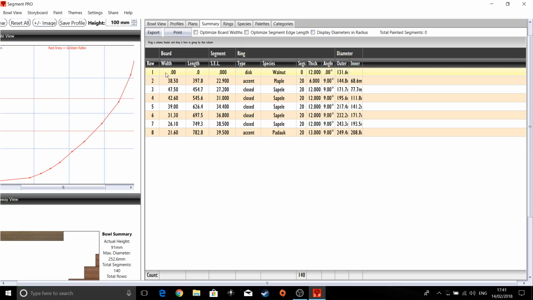So I can see here that I have, for the base block, a disc of walnut. For the top row, I have an accent ring of Padauk. I have 5 rows of sapelli, and I have a contrasting row of maple between the walnut base and the sapelli. So when I take this out into my workshop, I'll be able to see that